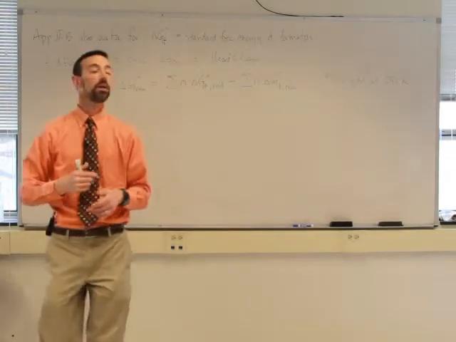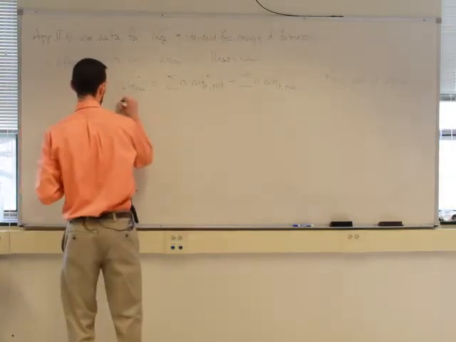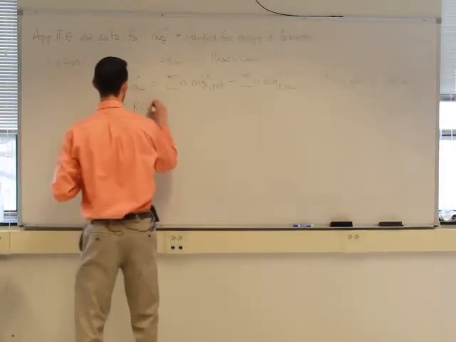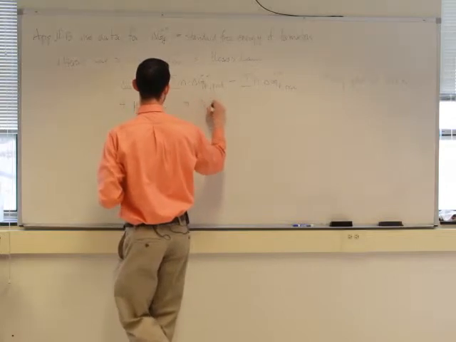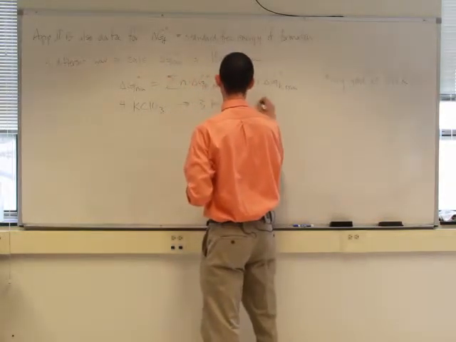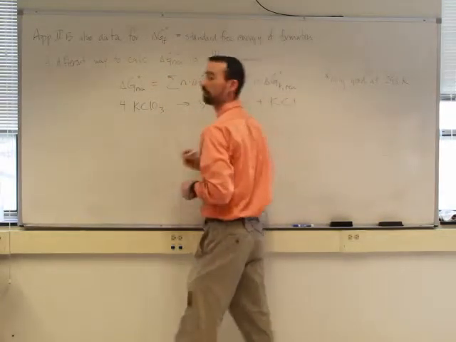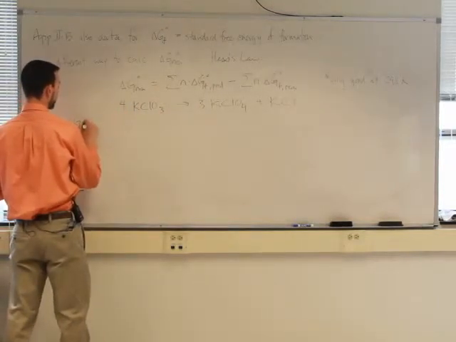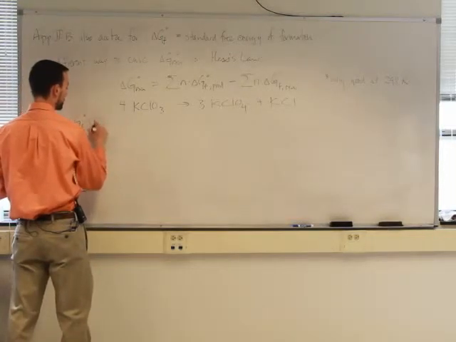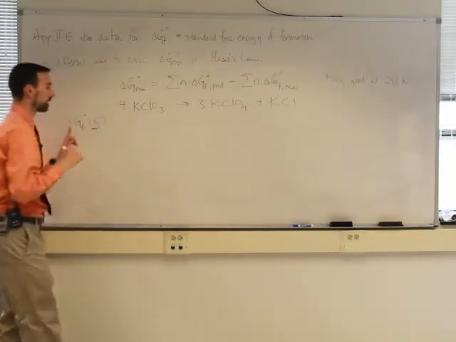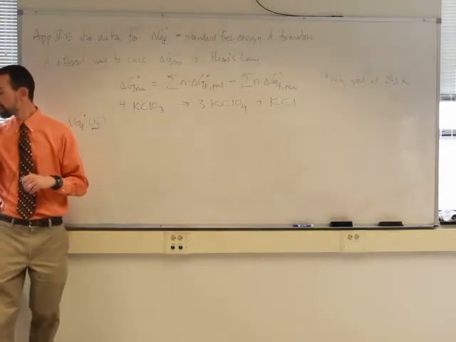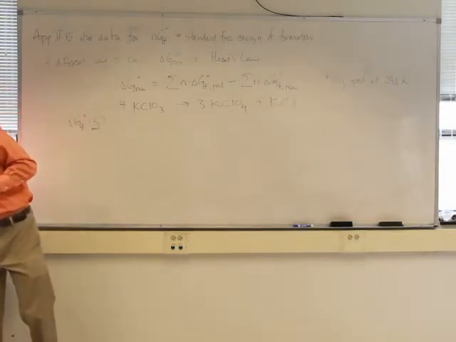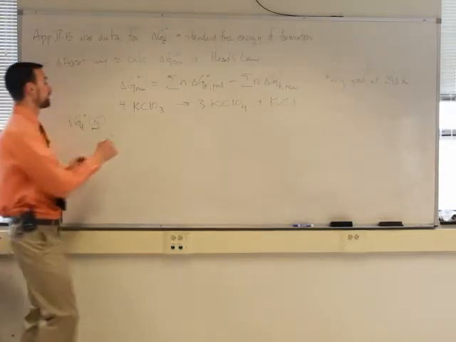All right? So we had the reaction earlier, 4 KClO3 to give us 3 KClO4 and KCl. So an alternative way that we could have figured out the free energy change of that reaction, I could have gone to Appendix 2B and looked up the delta G values. The delta G formations are negative